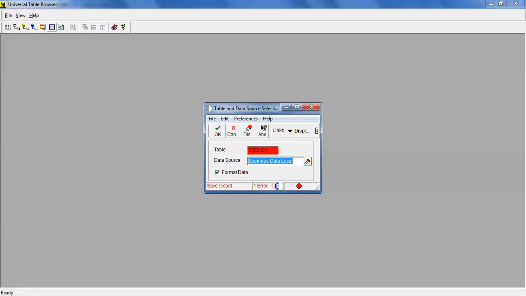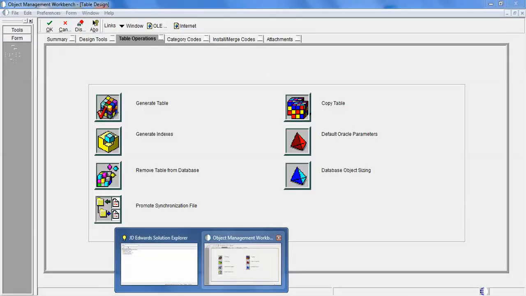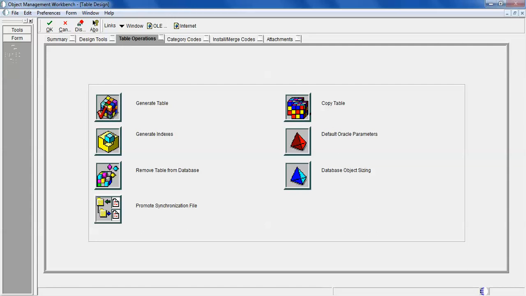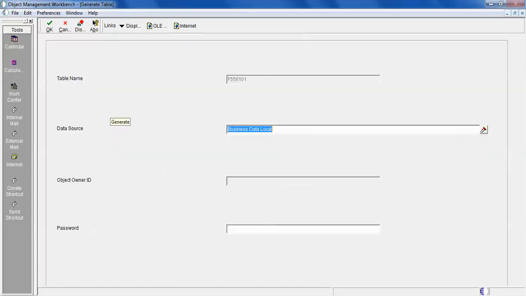We have not created the table yet, we just created the structure. So we have to generate the table to view it. So let's go back to our browser. So now I'll click generate table. Once I click generate table, it will show you on the screen, and you'll see all the table, object